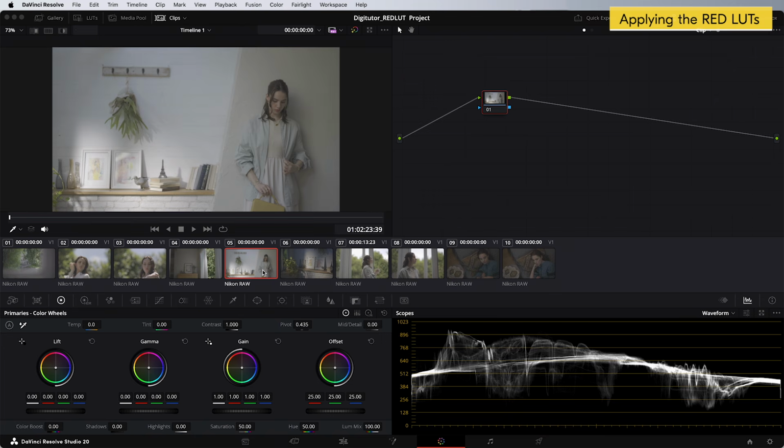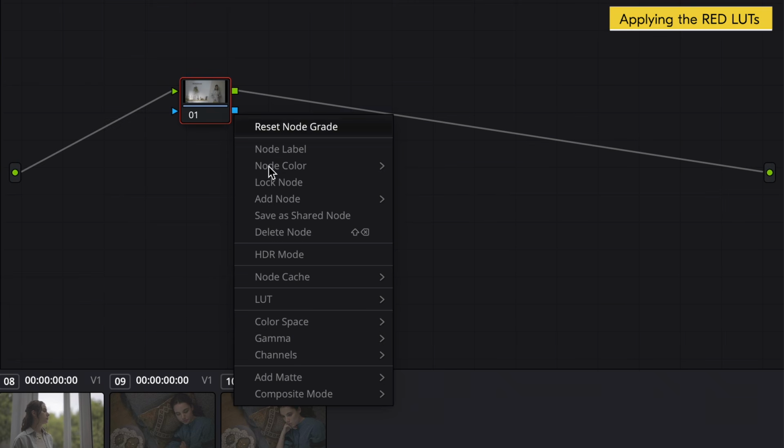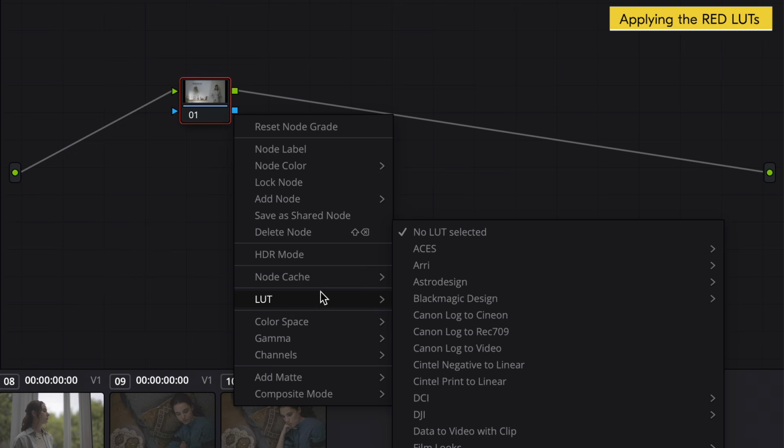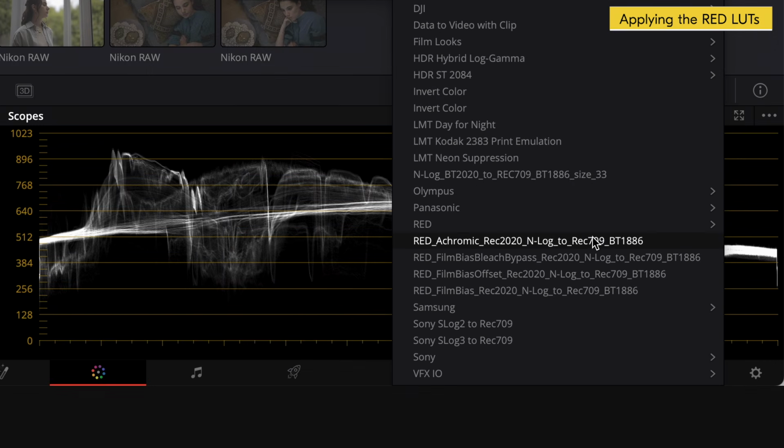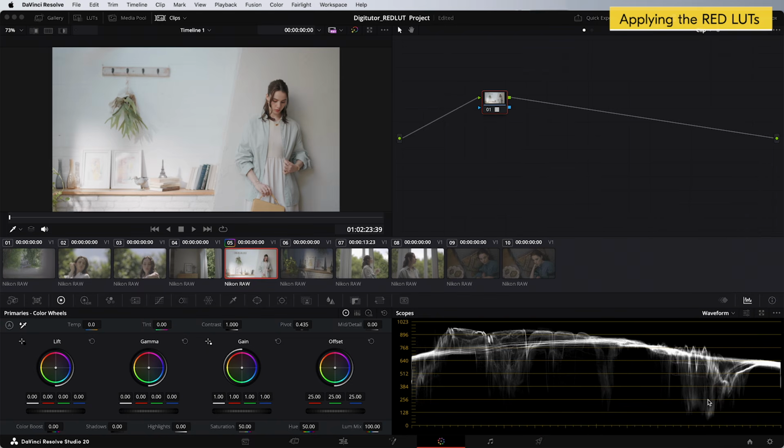Select the clip to which you want to apply the LUT, then right-click on an empty node on the Node Graph window in the upper right corner of the screen and select LUT from the drop-down menu to display a list of LUTs. Select the LUT you wish to apply, and the LUT will be applied to the selected clip.